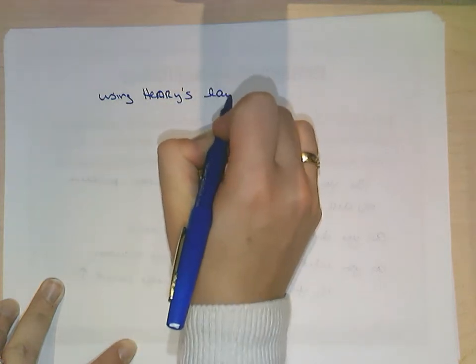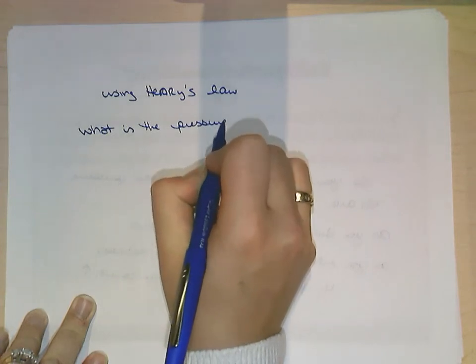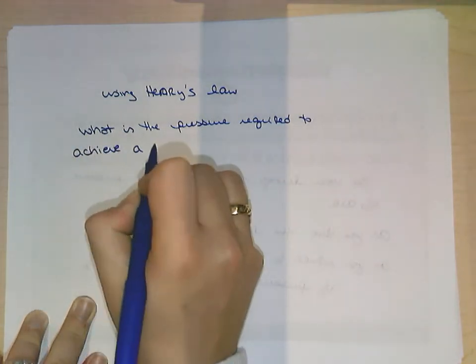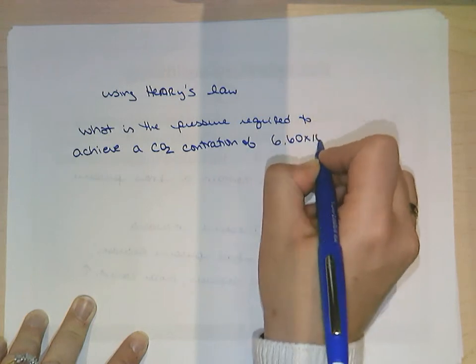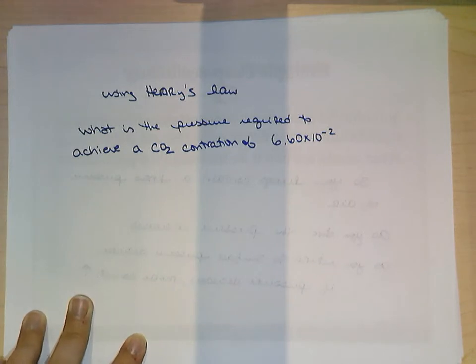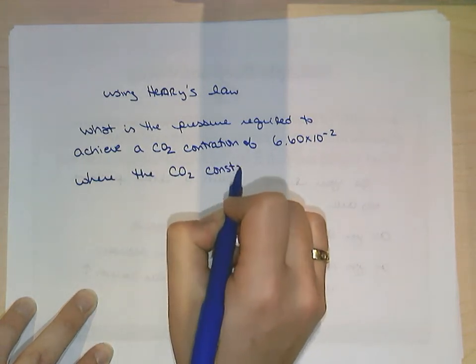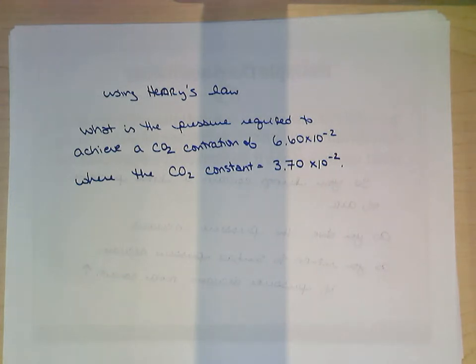So using Henry's law, so this will be a typical problem that you see in your book or in the mastering, where they give you 2 of the 3 variables and you have to find the third. So our equation is this,